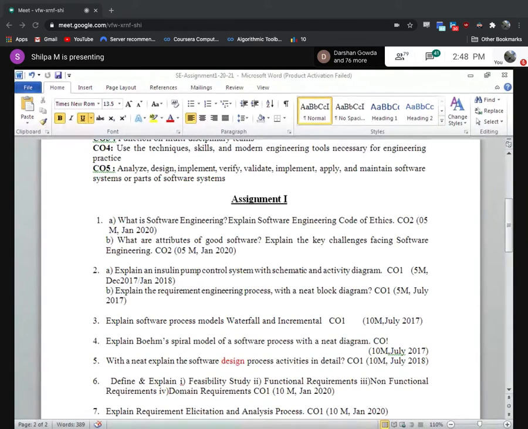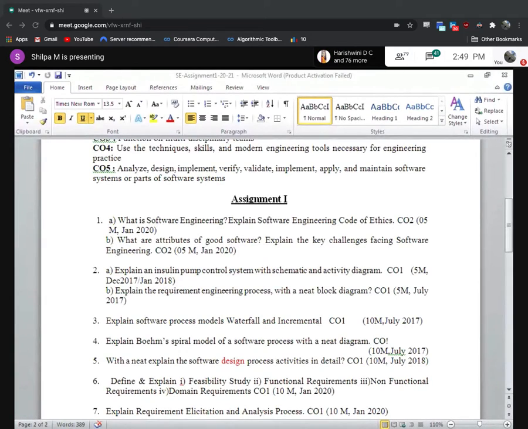The first question is what is software engineering and explain software engineering code of ethics. Now, all of you take a sheet of paper and write down what has to be written. I'm going to tell you where the answers are in the textbook and in the notes. That's it. See, in the textbook, there is a table with all the definitions.